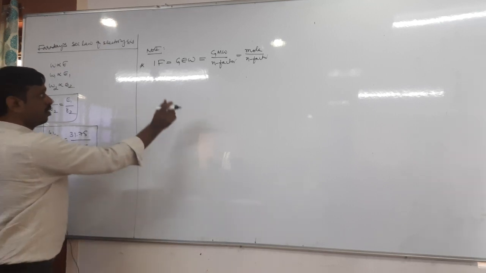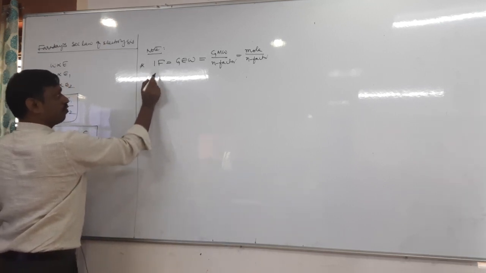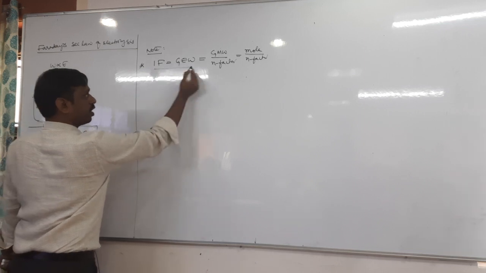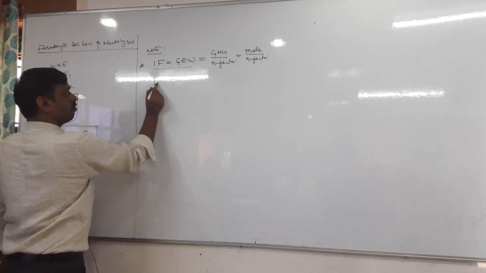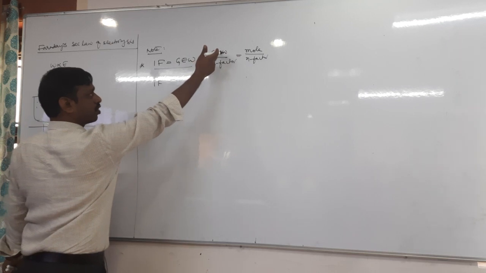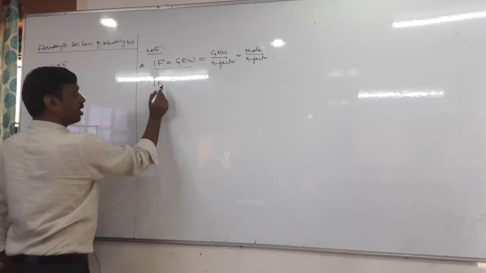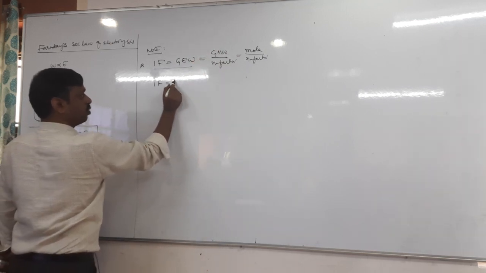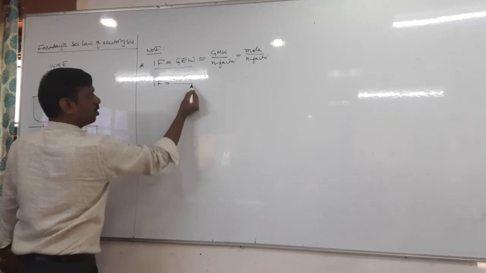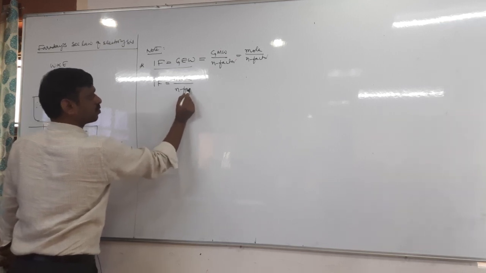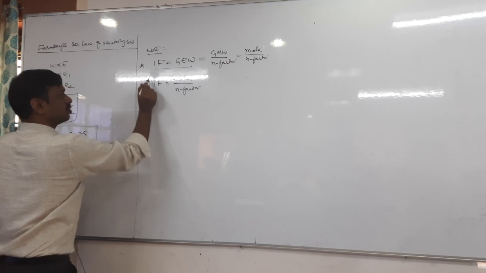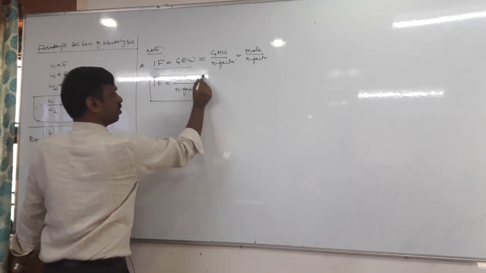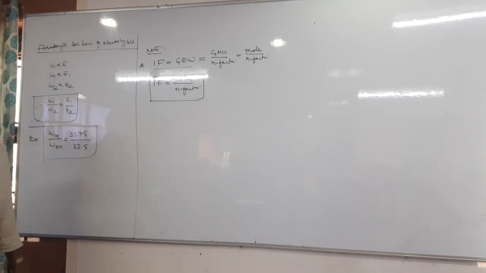Now tell me. Here 1 Faraday equals its gram equivalent weight. So 1 Faraday also equals molecular weight by n factor. But I want this in moles: 1 Faraday equals 1 mole divided by n factor. Okay, right. For example,